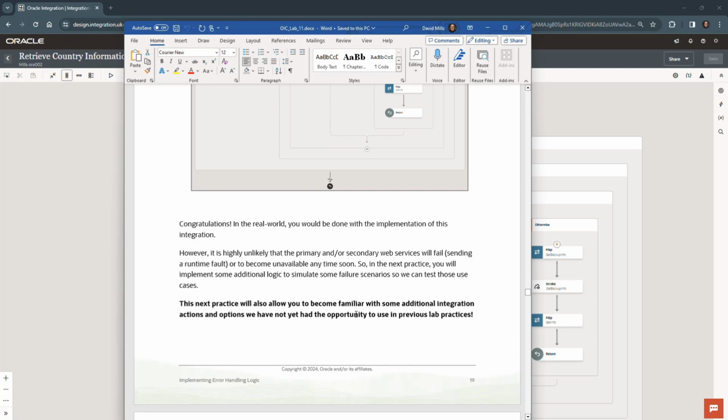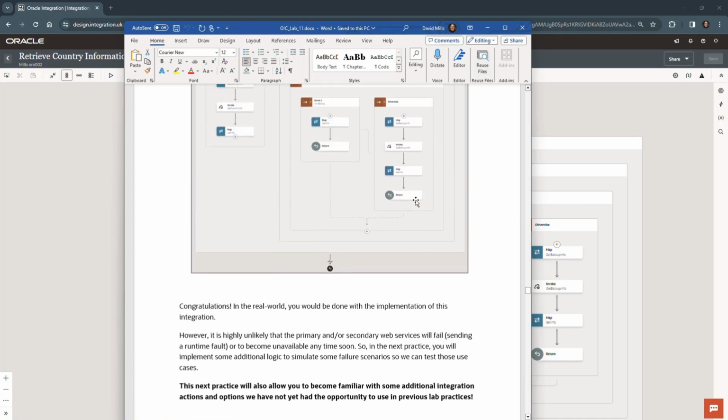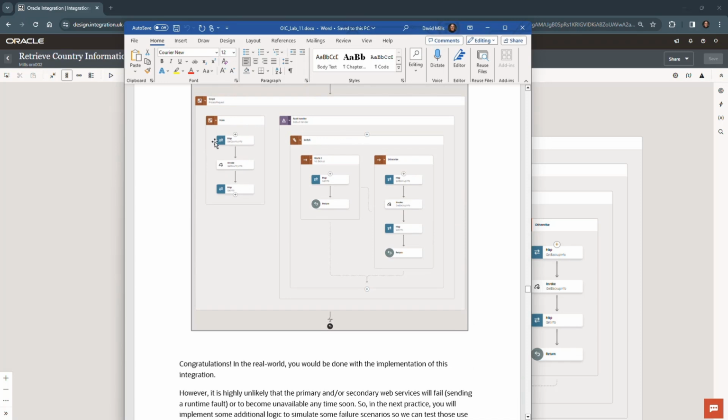You've handled catching the request, going to the primary service. If the primary service fails, in other words, if this fails at runtime from the main path inside the scope, the rule is to now throw it to the fault handler. It's now going to catch it, and if the client didn't specify a complete option, it's going to go into the otherwise branch, call this backup service, and when it calls that service, it's going to provide that response back